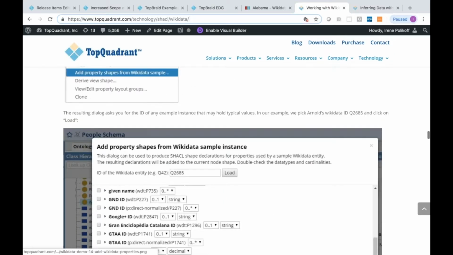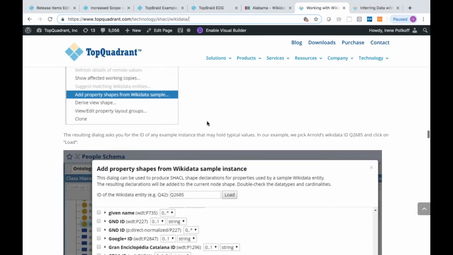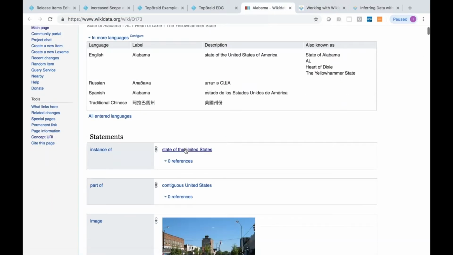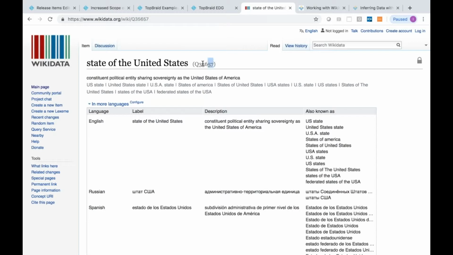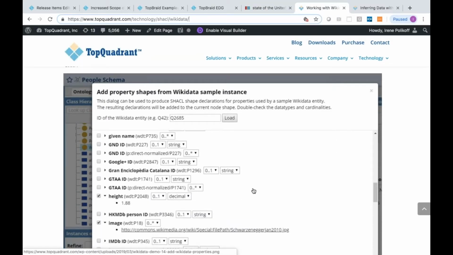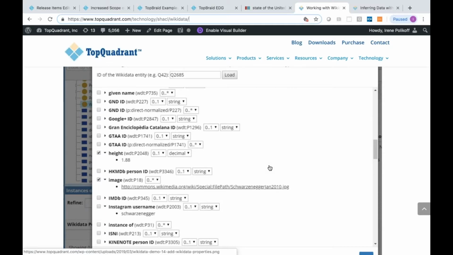And here you get some pretty detailed instructions for doing this. There is an option, add property shape from Wikidata, and you enter the ID of, in our case, the state. So you would enter something like this, and then possible properties to use will be given to you, and you pick which properties you want to populate from the external knowledge graph, and the values will be copied.